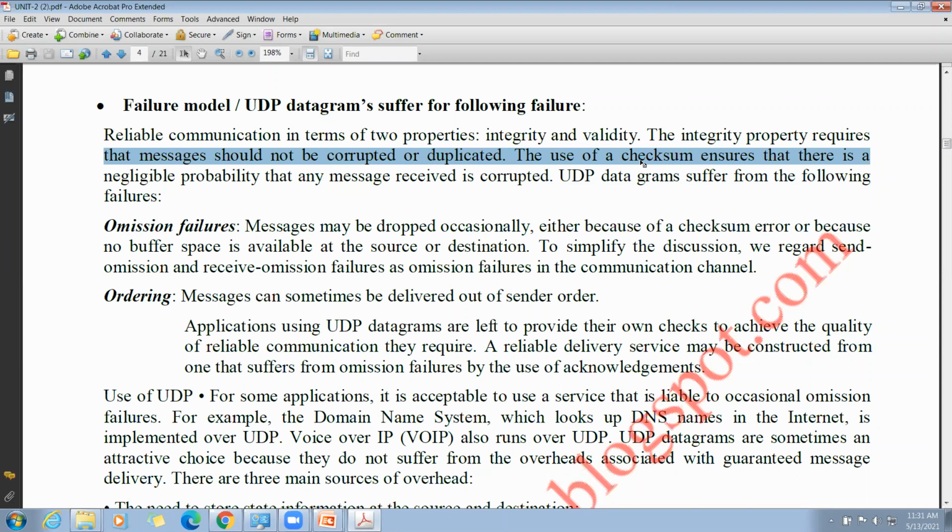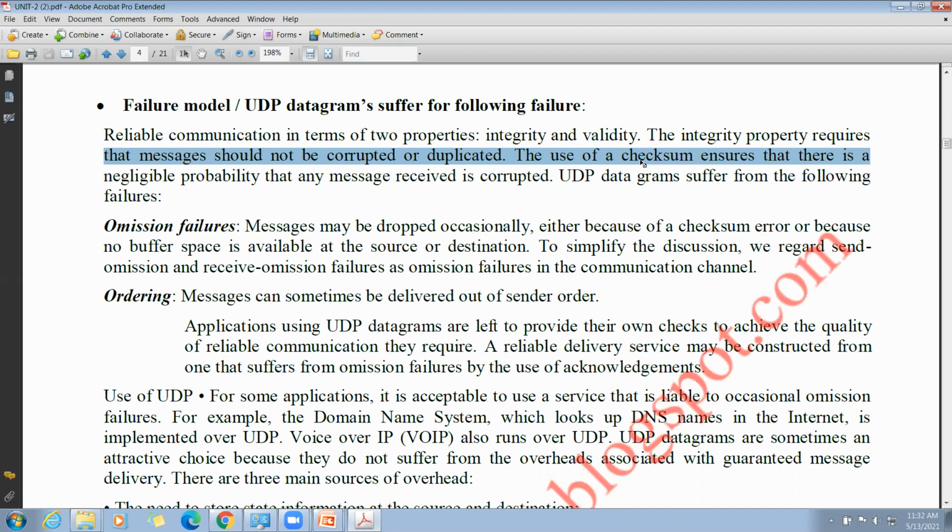One is send omission failure. One is receive omission failure. First, we will see. Listen, students. This is a dry part. You need to listen carefully. Send omission failure means, suppose we have a sender and receiver, and every user has a buffer.